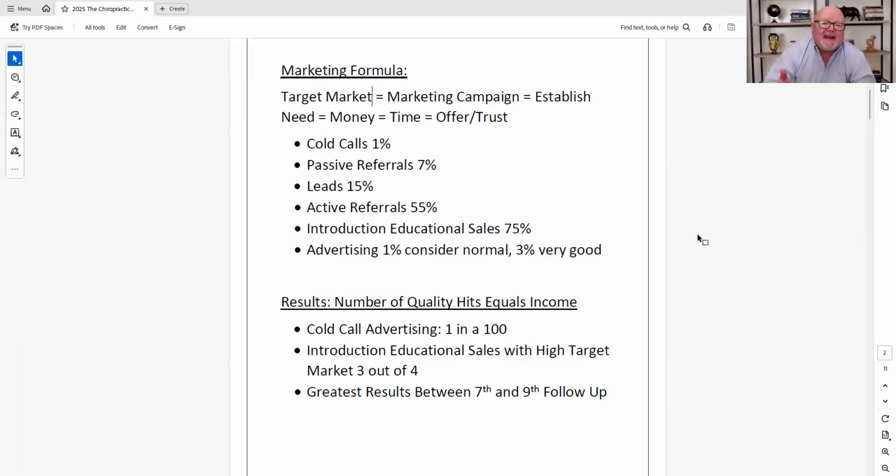That's when it takes you like 10 years to create a referral-based practice, and most people won't even make it 10 years. And then, of course, leads. Well, leads are 15%. What's the only difference with a lead? Well, a lead will have a gateway problem. A lead will have back pain, neck pain, joint pain. They'll at least have the problem. Now, it'll still be a cold call, but they'll have a gateway. So that's why it'll be better. That's why it's more effective with leads at 15%.